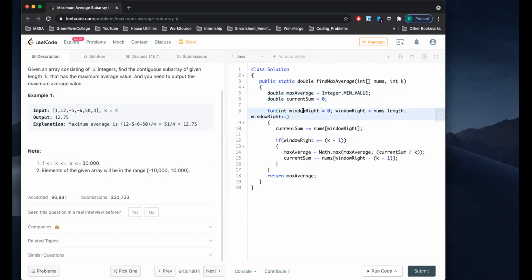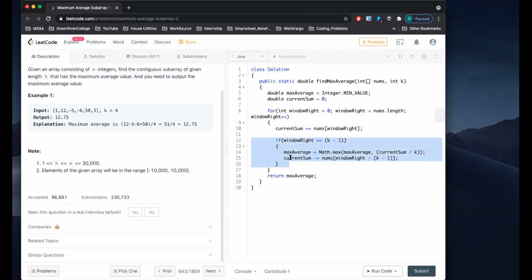And for my variable, I said it's a window, so my right pointer actually goes to the right. And at first my left, I didn't say left pointer over here, but I could. Basically we have a left pointer right here. And then I kept track of my sum. I'm sliding it, sliding it. And at any point I said, okay, if window right is greater than or equal to, this is a tricky,